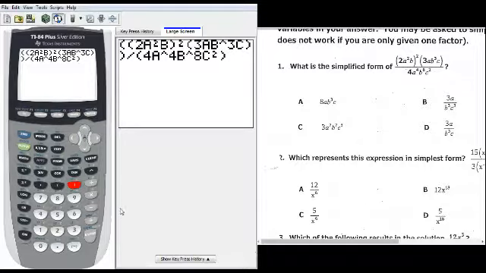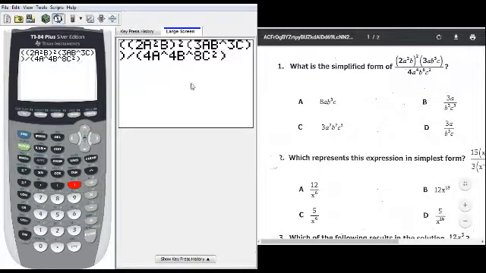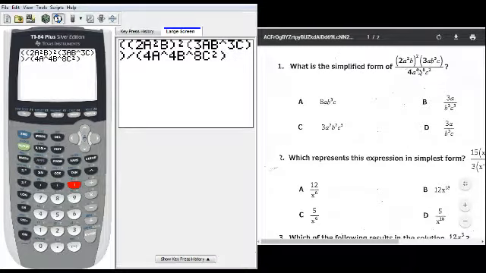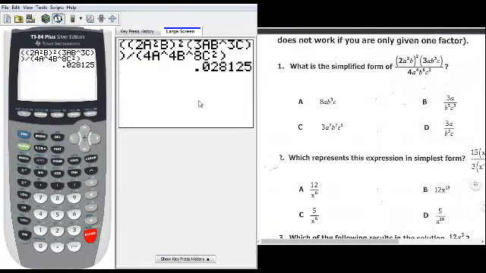Okay, so now since we have everything that we need here, there's our expression. This is what it looks like in the calculator. Notice that there's differences in how you type it into the calculator compared to what you have on paper or on your screen. So there it is on the screen for your calculator, and there it is on the screen for your question. Alright, so we're going to hit enter. This is the answer we get,